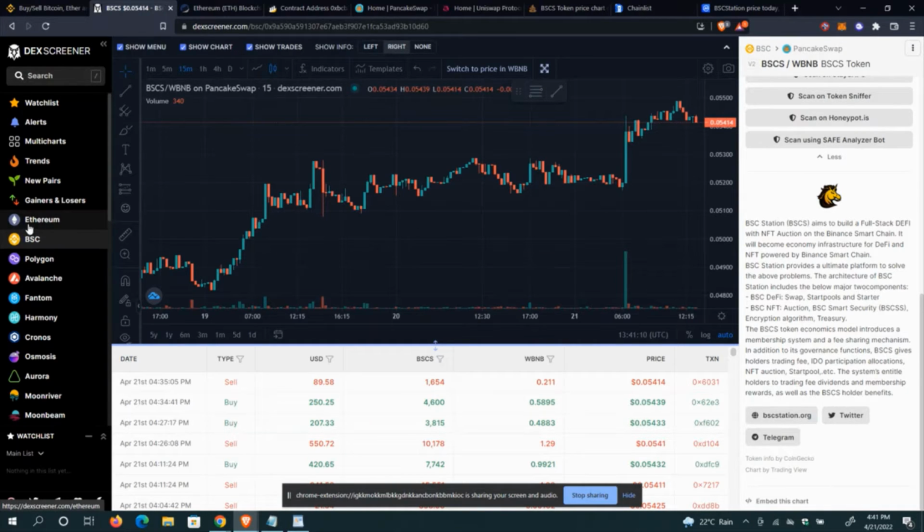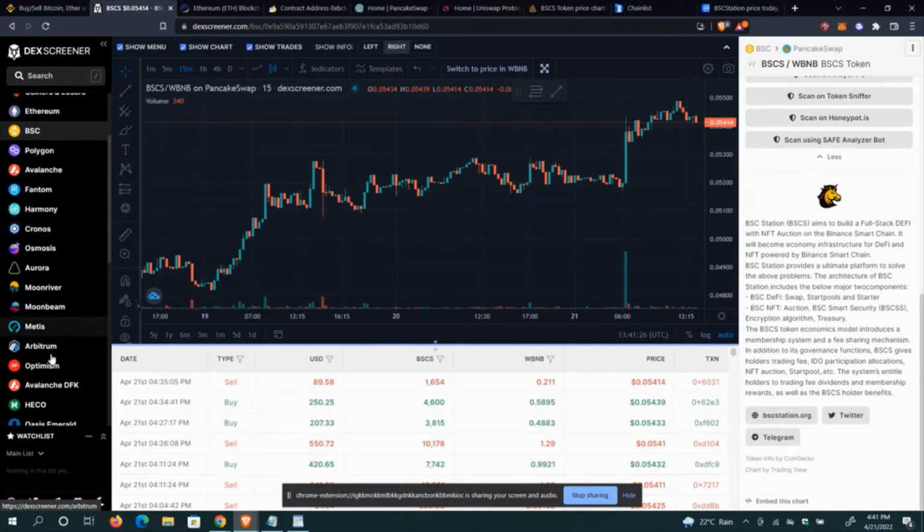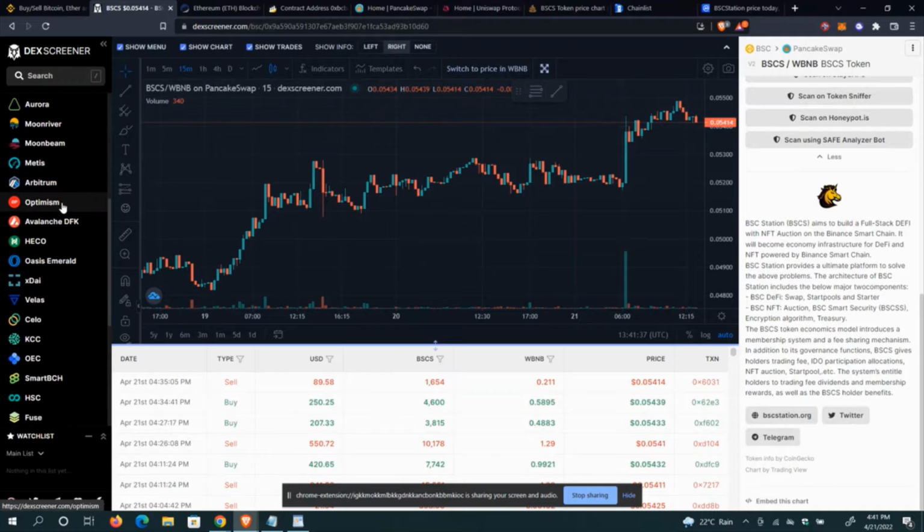on one blockchain. You also have the same applicable for a blockchain like Ethereum. Look at my mouse. You also have the same for a blockchain like the Polygon network. You also have it for Avalanche. You also have it for Phantom. You have it for Harmony. You have it for Arbitrum. Any network, the majority of the networks, not all by the way, the majority of the decentralized finance blockchain networks, you find them here. So it brings everything to one place for you, and you can literally navigate and do everything on just one